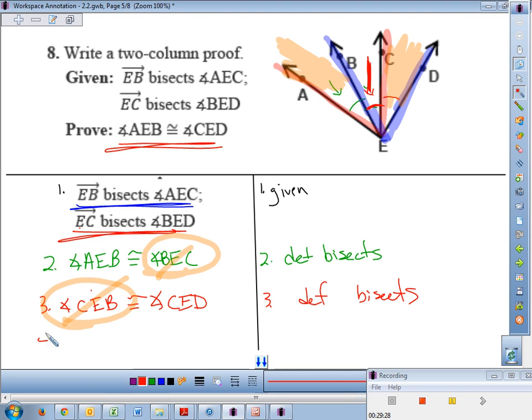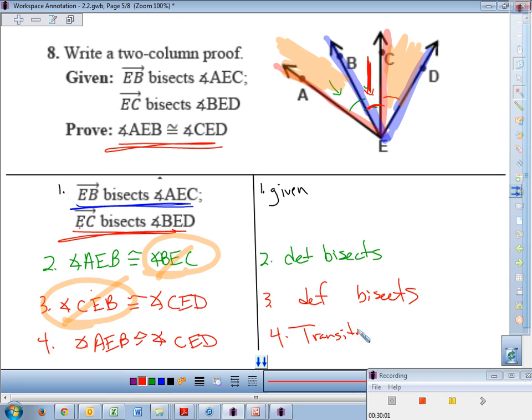So step for angle AEB is congruent to angle CEB. Transitive property of congruence says we gain